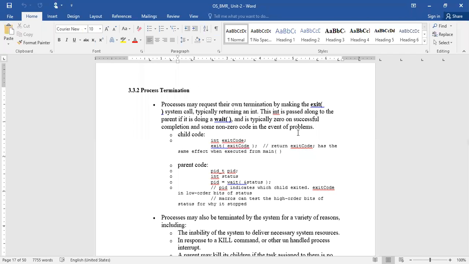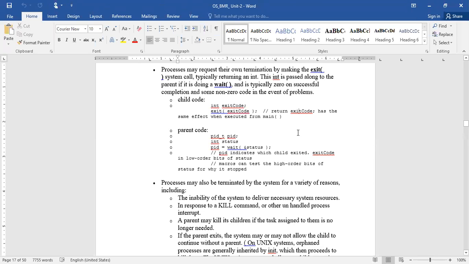Sometimes your process may be terminated by the system for a variety of reasons. Suppose the resources required by a particular process are no longer available. What does it have to do? How long will it be kept in the waiting state? Perhaps, over a period of time, those resources may be released by some other process.